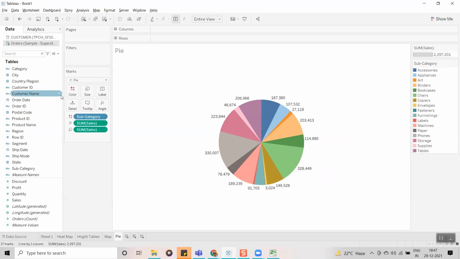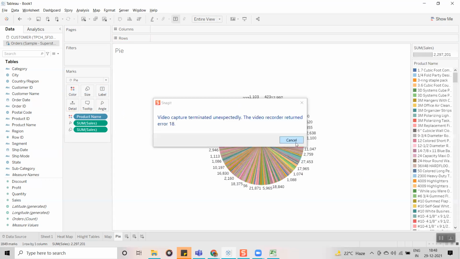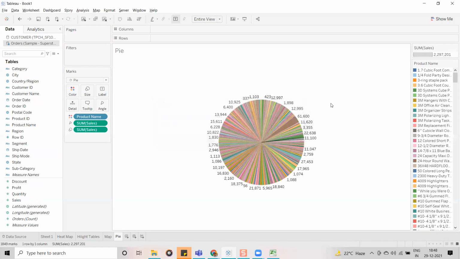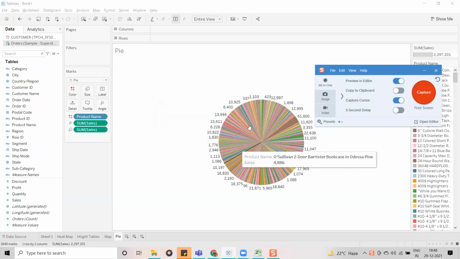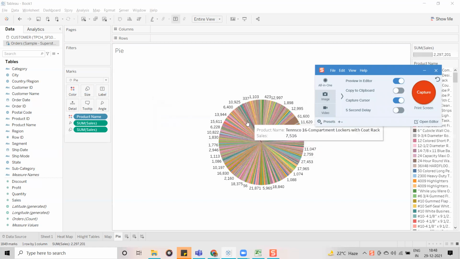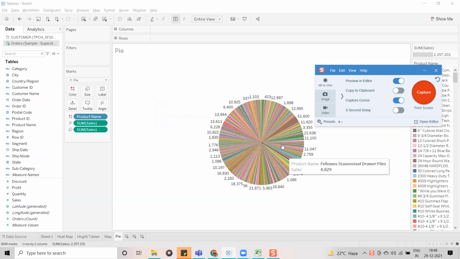For example, if you drag something like product name, let's see how it is going to be. Now you can see, is this pie chart in a readable format? No, right?